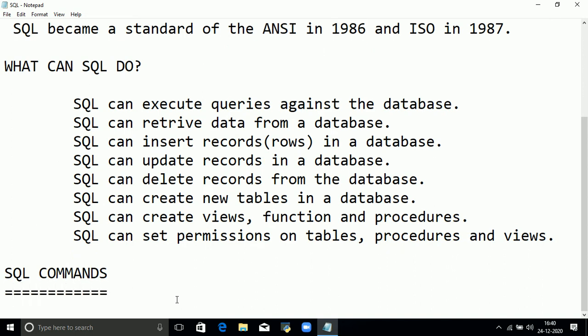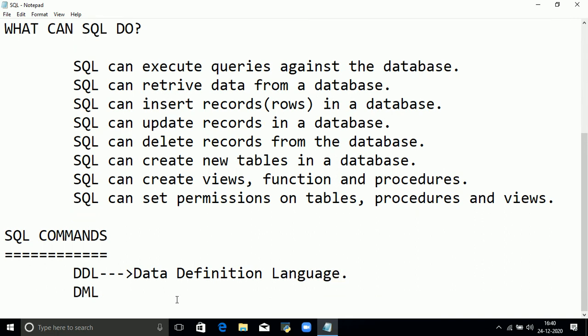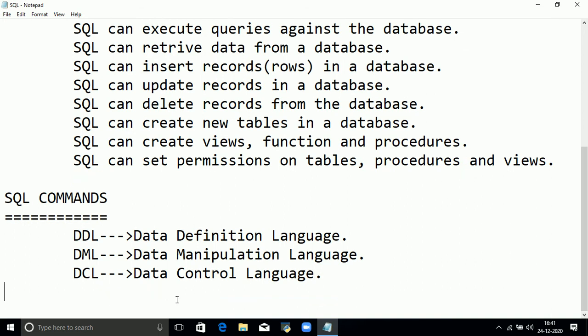Basically we have three different commands: DDL, which stands for data definition language command, DML, data manipulation language command, and DCL, data control language command. So let us discuss one by one.